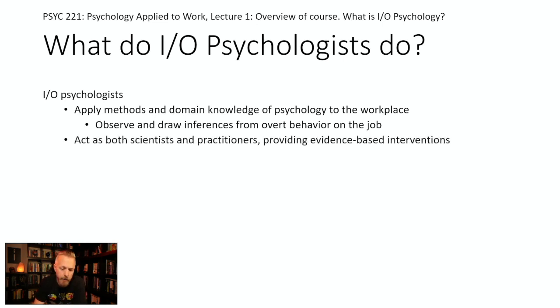And then they act as both scientists and practitioners, as I said. So you want to have theory, you want to have experiment, but you also want to have evidence-based interventions. It's probably important to point out a couple of things about what applied psychology is. IO psychology is an applied domain. There's obviously a science side of it, but when it's working on actual organizations, it is out in the world, changing things,